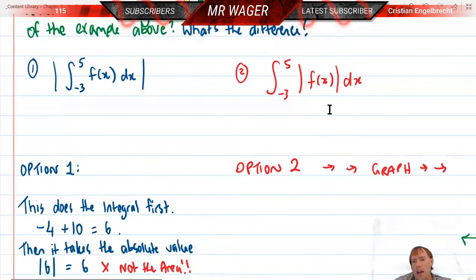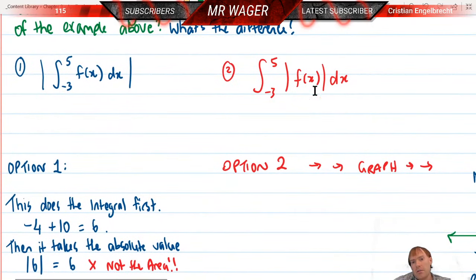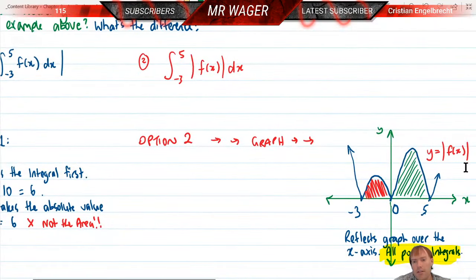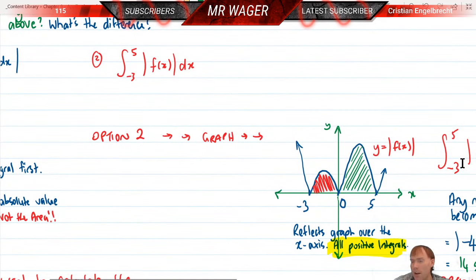So option number 2, and again I'm going to show you visually what this looks like. If we were to plot the absolute value of f of x, this is what it does to the graph. It flips the graph, it reflects the graph. Let's get my face out the way. Any part of the graph that's below the x-axis, it reflects above the x-axis. And anything that's above the x-axis, it keeps there. Which is perfect for our scenario, because when we do the definite integral now of this function,